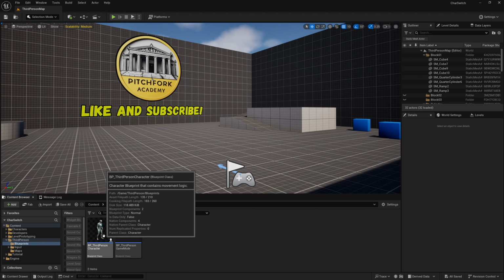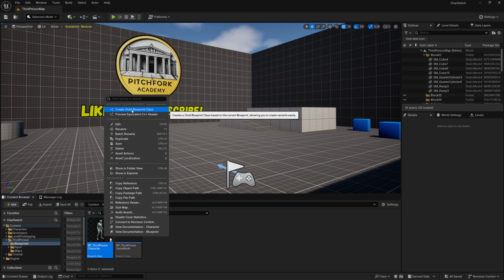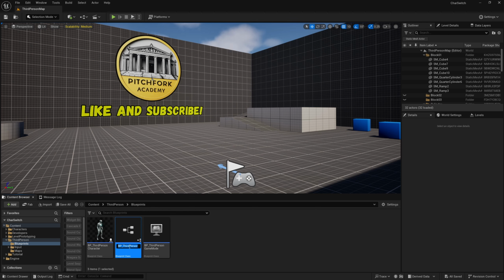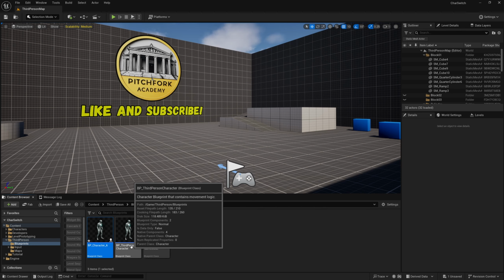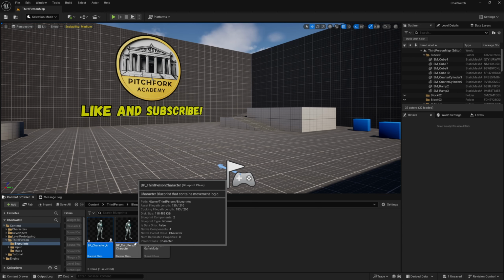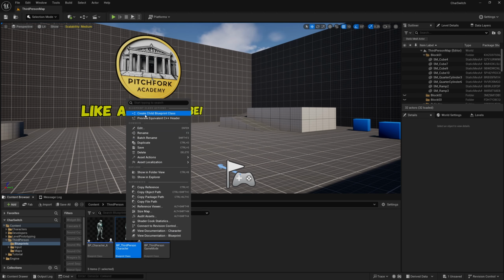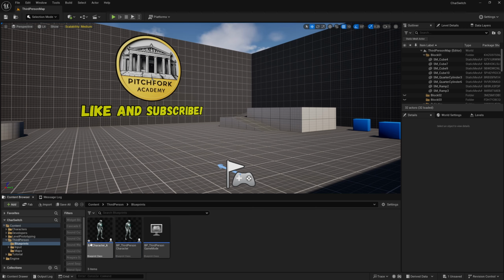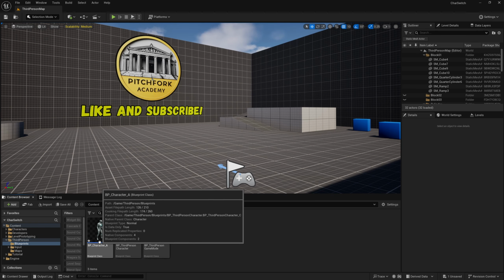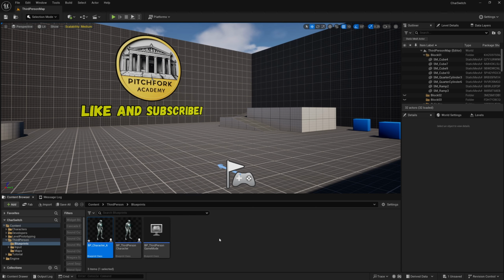So I'm going to right click on BP third person character and create child blueprint class, and I'm just going to call this one BP_Character_A. Now I'm going to make 3 of these, and they'll all be children of BP third person character. So I could right click on BP third person character again and create child blueprint class again, or I could just duplicate BP character A, because this is already a child of BP third person character. So I'll duplicate that and I'll call this one character B, duplicate it again and call this one character C,